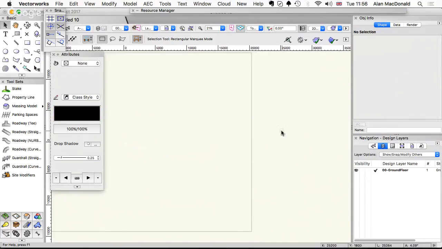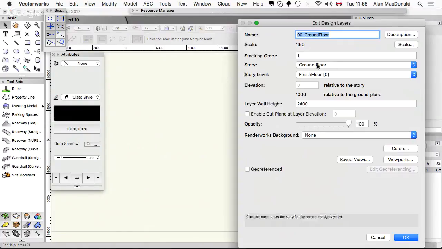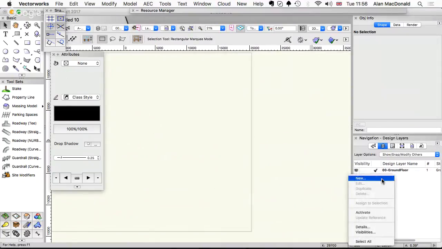So the last tool, we're going to just look at the column tool, which we have covered before, but I thought it'd be useful to just give everyone a bit of a refresher. What we'll do is we're going to just create some stories for this. So I need to edit the ground floor, and we need to just check that's all correct. So we've got ground floor story. We've got a story level of finished floor. That's all right. And then if we go new story,